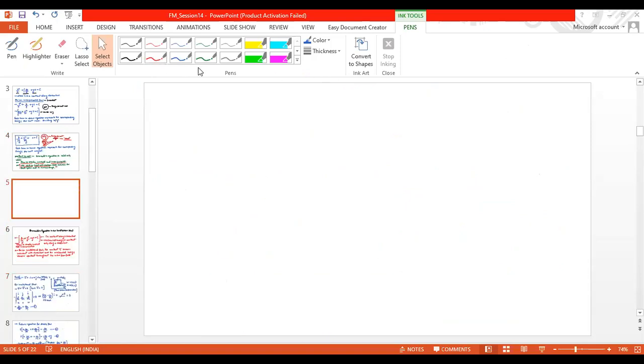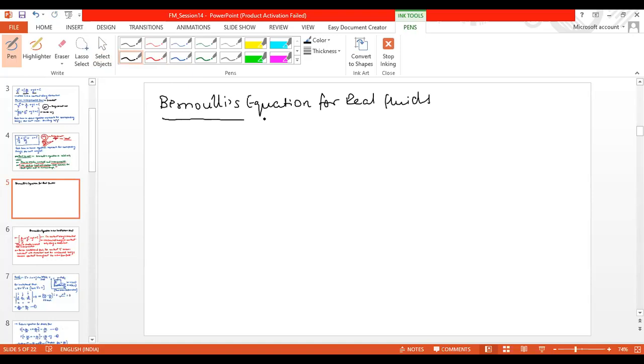Now, as you asked, will this equation be applicable to a dam or not? Let me explain. I was not interested in taking it for real applications, but let us consider Bernoulli's equation for real fluids as well. Now coming to the actual situation, let us take the case of a dam, or a pipe, anything.